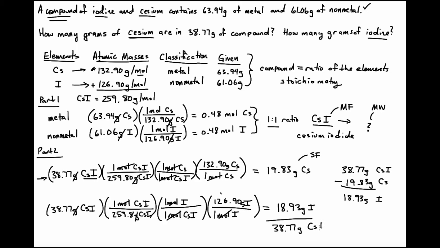of cesium iodide. So just to recap, this question is testing multiple concepts. Do we know what a compound is? Do we know what these individual elements are? How to identify them as metal versus non-metal? How to determine their atomic masses from the periodic table? In part 1, we figured out the ratio between the metal and the non-metal. We calculated the molecular weight using this molecular formula. And then in part 2, we used factor unit conversion to figure out how much